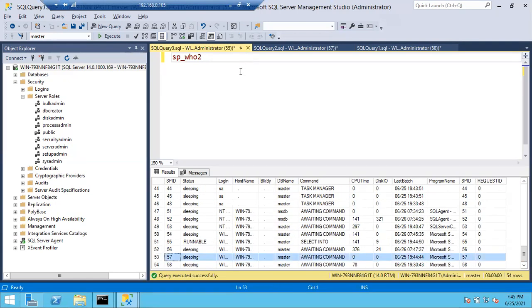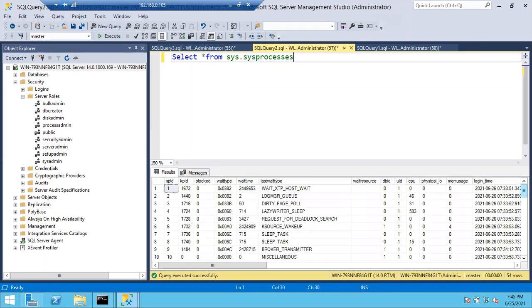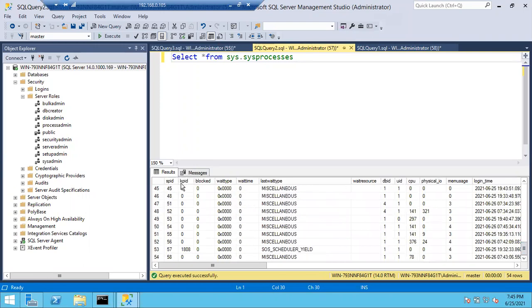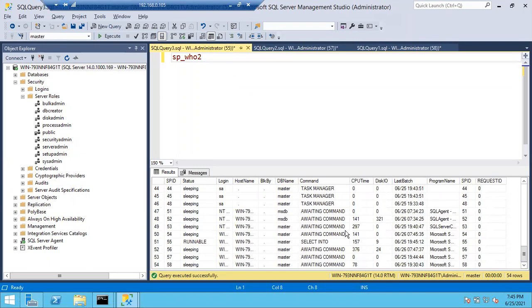57 is not updated. Usually what you can see is just the first word of that particular query. So if you're running a select, insert, update, or delete query, you can see it under the command section. Select into means that is a stored proc. See here under the 55 session, I'm running sp_who2, and you can see select into under the 55 session.